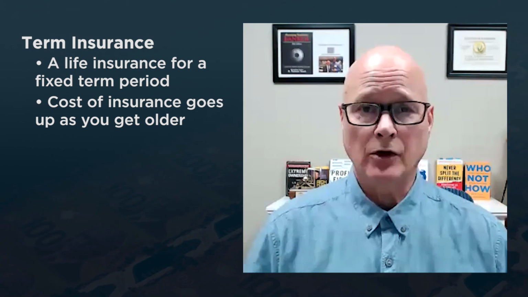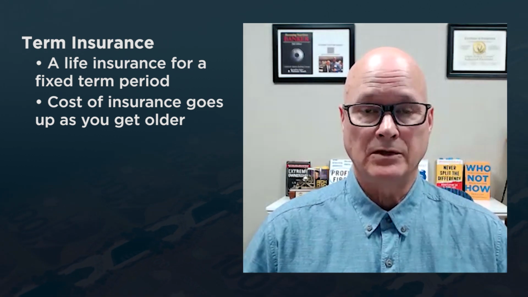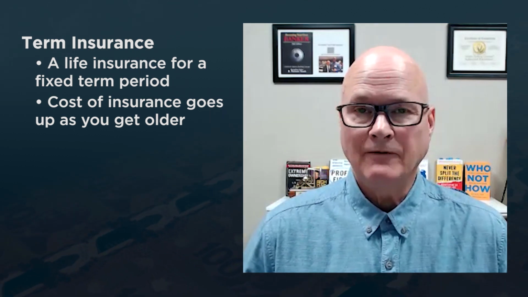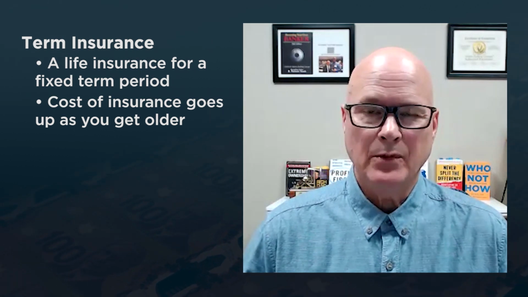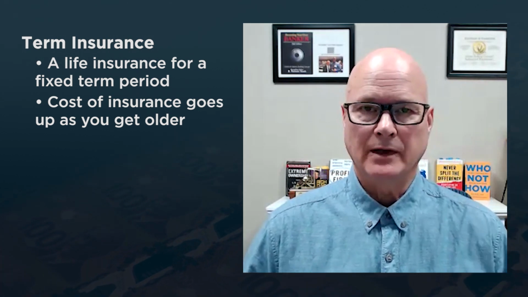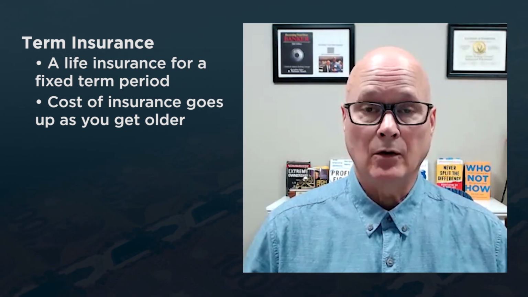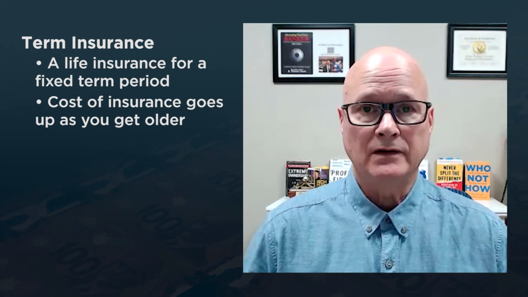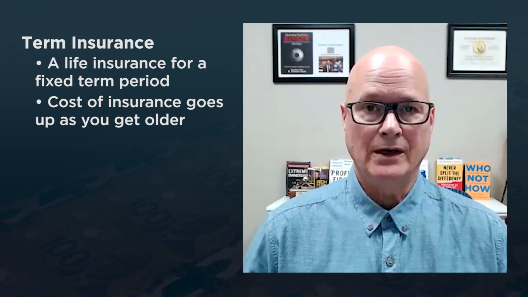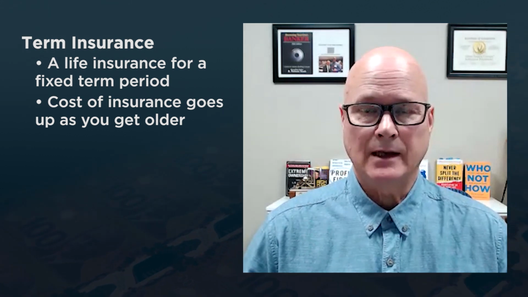So term insurance is really cheap to buy when you're young because the probabilities of you passing away are low. And the life companies know something, and it's less than 3% of term insurance that ever pays out a death benefit. So they can offer term insurance very economically based on what they know, based on life expectancies. And they will underwrite you. So they know they're not taking huge risks that haven't at least been considered. So that's the thing about term insurance.